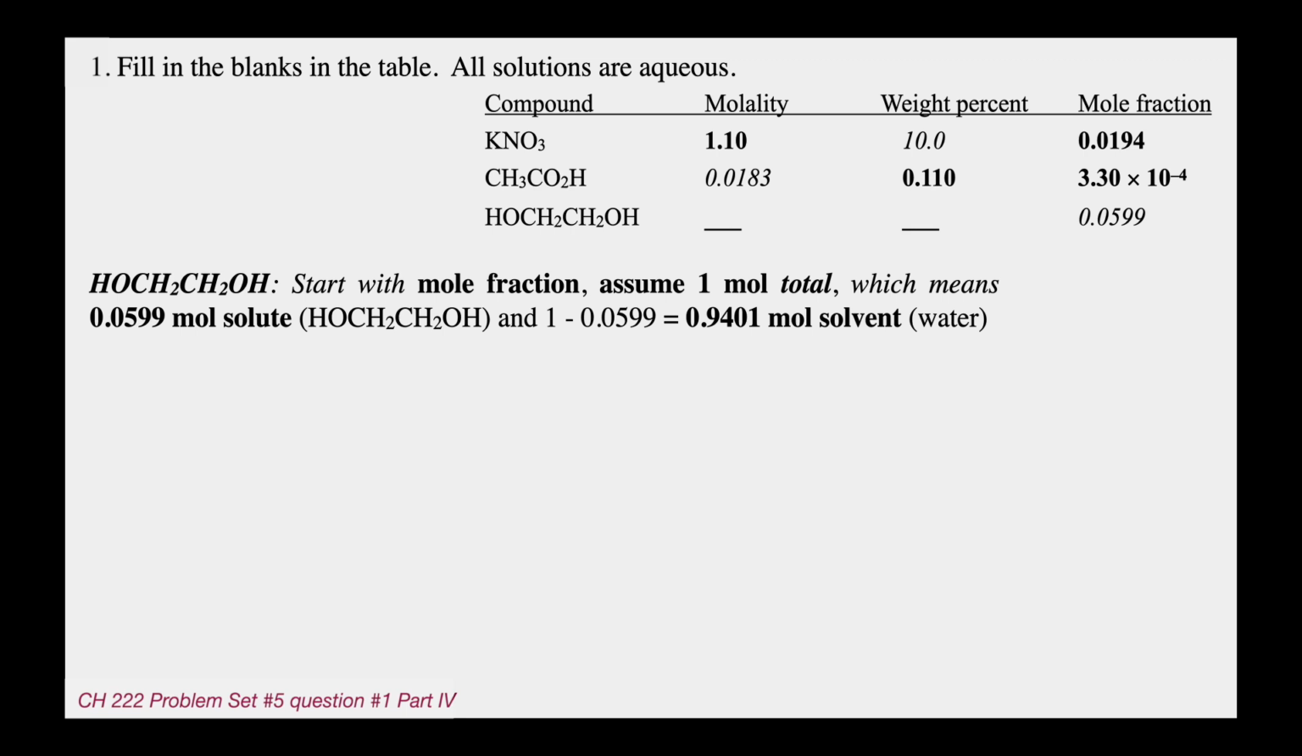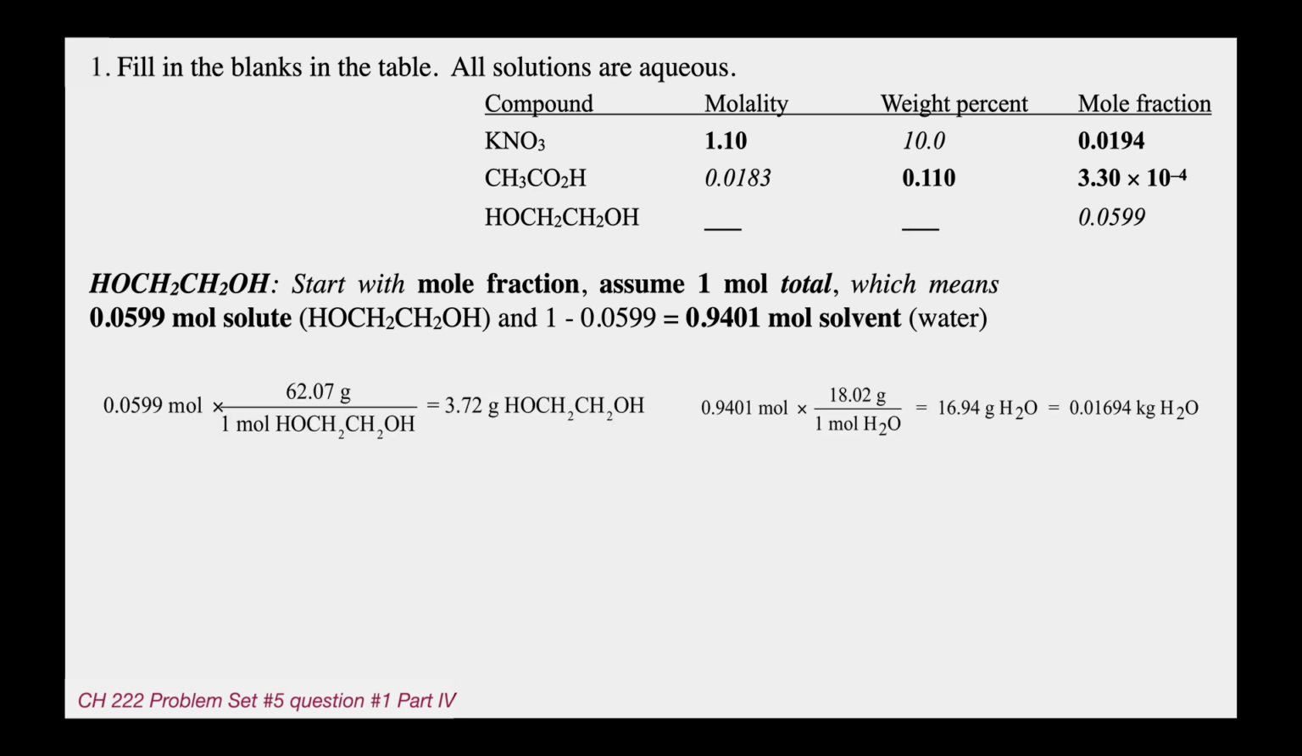Now from moles of both solute and solvent, you can go to grams of solute and solvent. Ethylene glycol is about 62.07 grams per mole, so you get 3.72 grams of ethylene glycol. Moles of water times 18.02 gives you grams of water. And notice there that I turned it into kilograms because I'm already thinking about molality. Molality, the first of our units, is moles of solute divided by kilograms of water. And in this problem, we had 0.0599 moles ethylene glycol divided by 0.01694 kilograms,